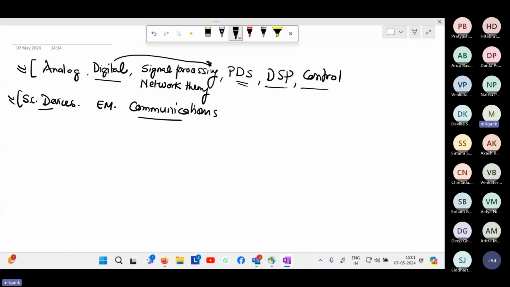Preference is okay, but at least having the fundamentals of both and being able to use tools in both domains is important, because generally for any practical design both will be required, especially if you are in the analog domain. If you are purely working in the digital domain, then you do not need so much of analog, because there are RTL engineers, digital design engineers who don't worry so much about analog, but the basics